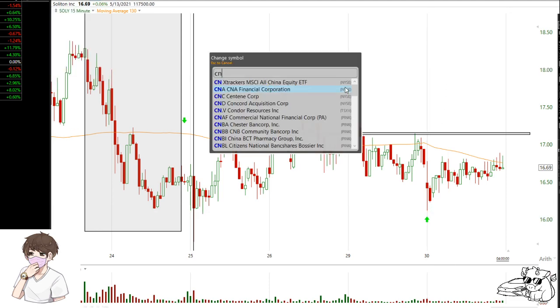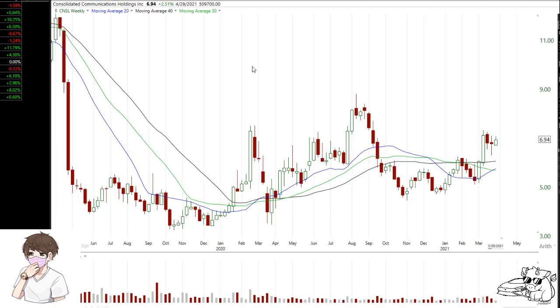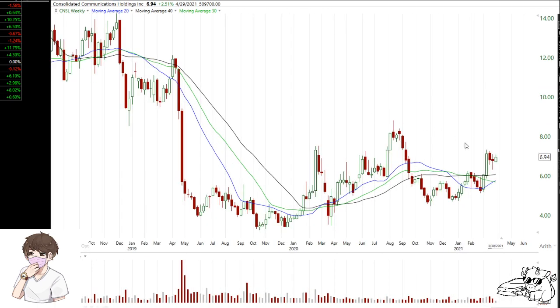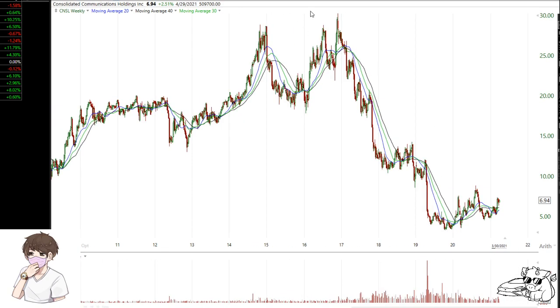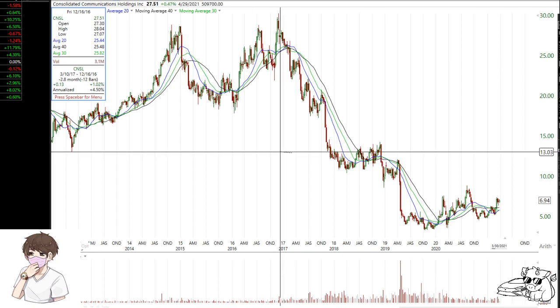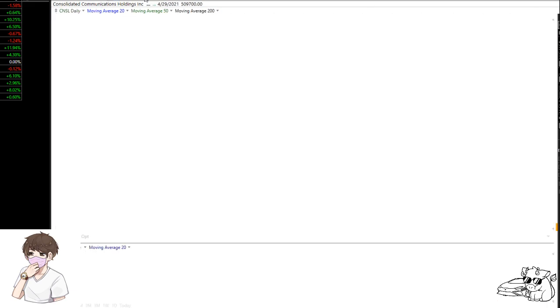And one more stock I have is actually CNSL, a communication company or whatever. This one, like I said, the weekly chart looks pretty bad if you look at it from how many years ago? 4 years ago. But lately it's been starting to get above the 20, 30, 40, 50 weeks moving average. If we want to drill down to the